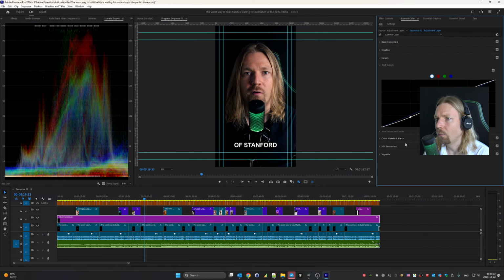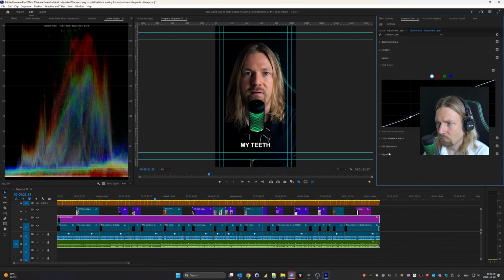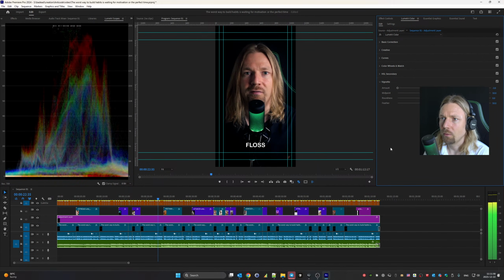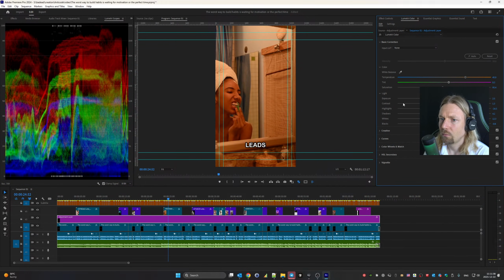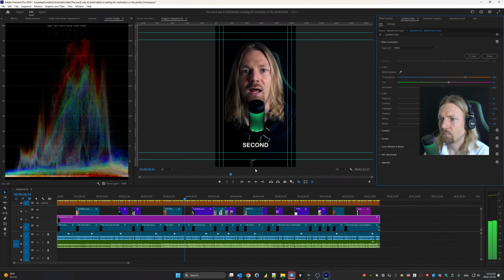So there we go. Stanford says, after I brush my teeth, That's way better. That's way better. I'll floss. Maybe I'm too orangey, right? Let's reduce the... One tooth. One tooth often leads to the whole mouth because starting is the hardest part. Second, attach the There